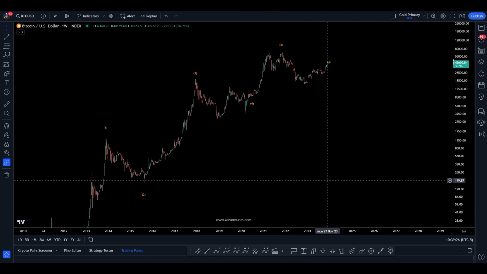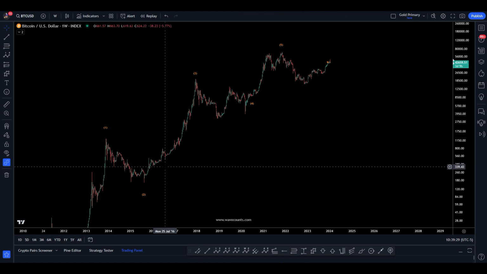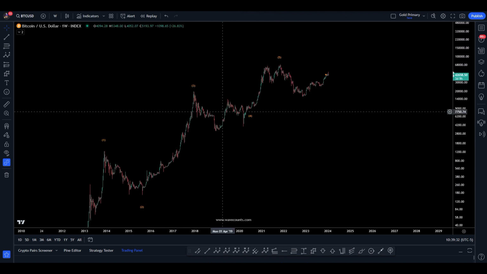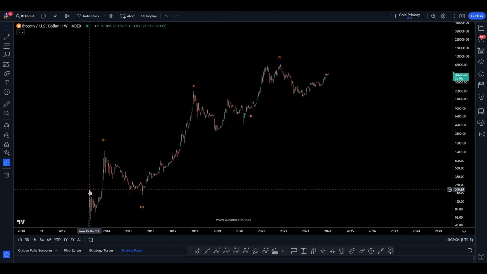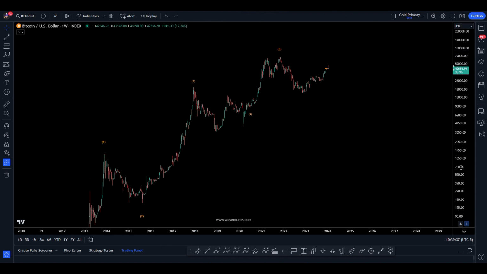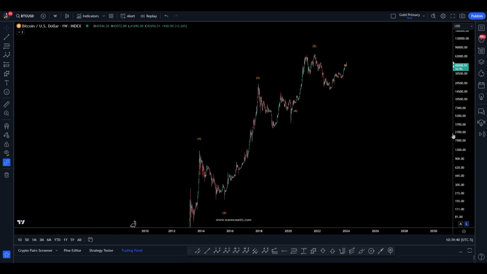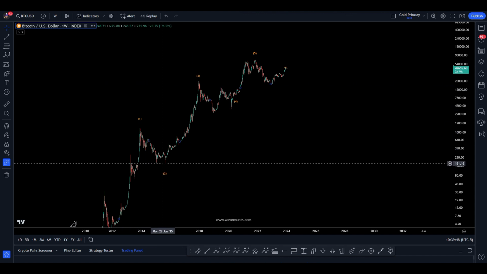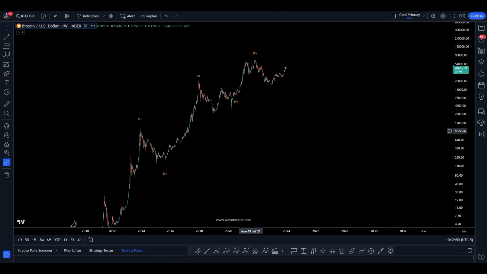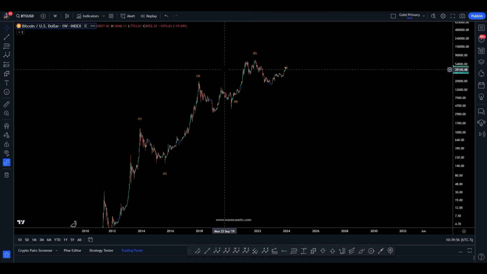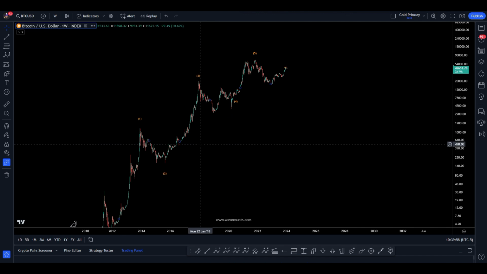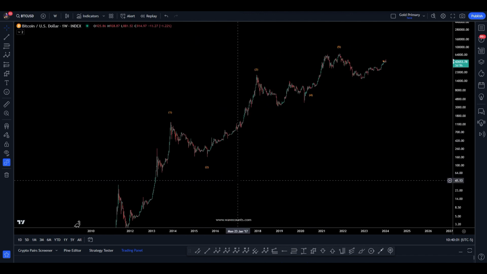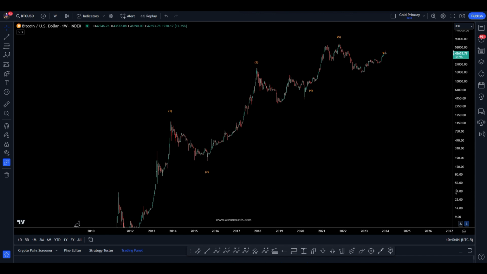Okay, alternation is that one of the two corrections will make a new high. This one didn't make a new high. Okay, the closest you got is this B wave. It did not make a new high, and this one never even came close to making a new high. Okay. The B wave or the X wave needs to make a new high in order for you to have alternation, and it doesn't. So you don't have alternation, but you do have different patterns.